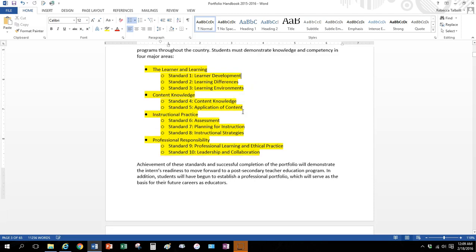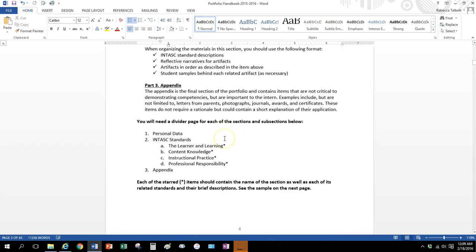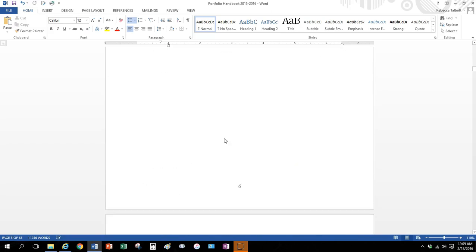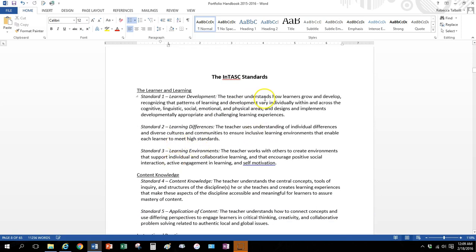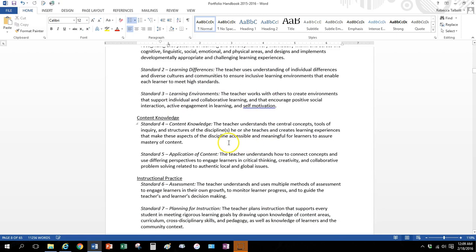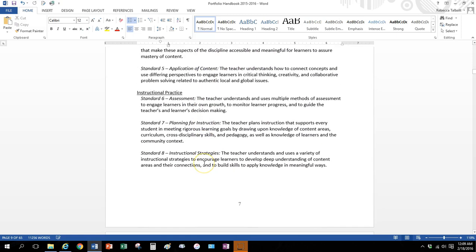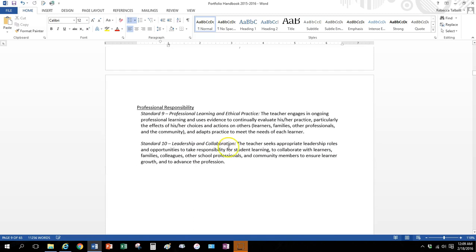So if you go down to page 7, it lists all of the 10 InTASC standard statements and what they mean. So here are the one or two, it looks like they're mostly one sentence, descriptions of each of the standards. And so that sort of gives you a general idea of the most important parts of that standard. So what I'm going to do for you, and what we'll do over the course of the 3 years in the program, is we're going to break these standards down a little bit further and talk about some elements involved in them and look for some examples